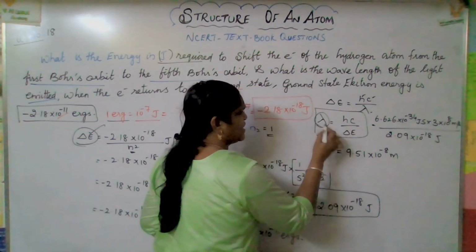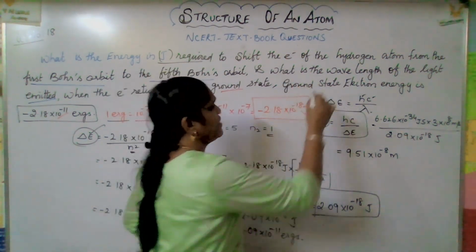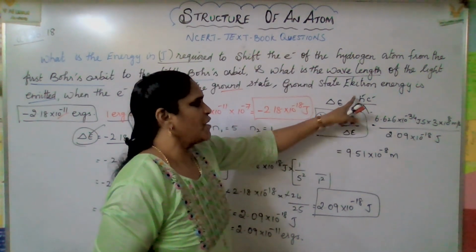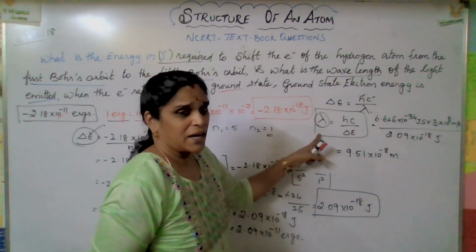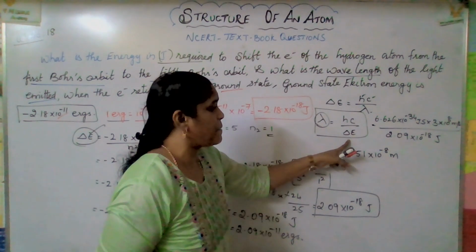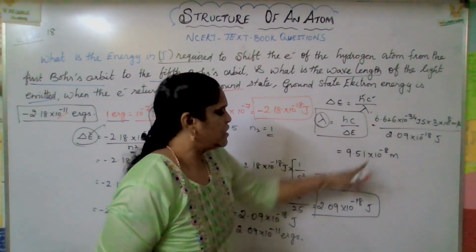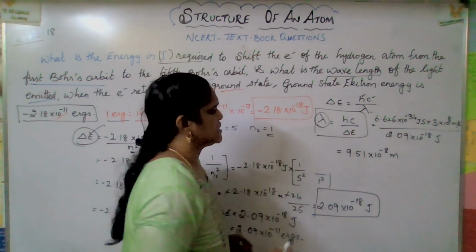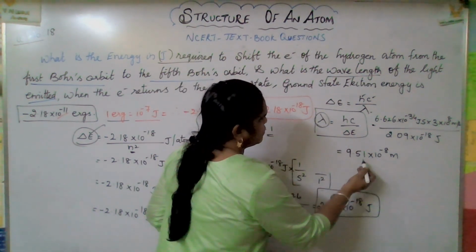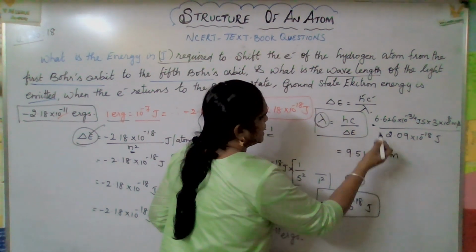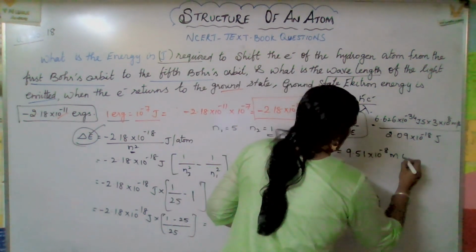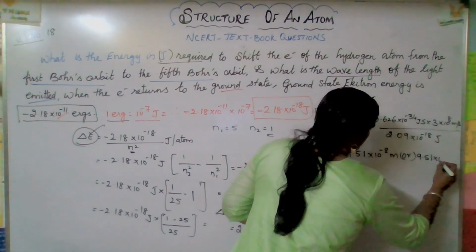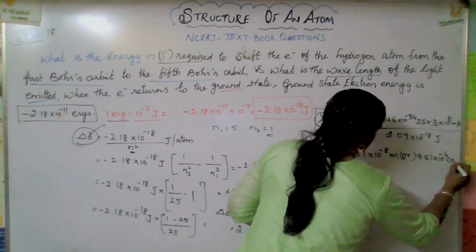Because it's a wavelength, they are asking what is the wavelength. That's why I bring this formula: delta E equal to hc by lambda. Now lambda only they are asking. So lambda is equal to hc by delta E. You just bring it here. The delta E value you are just applying and you are receiving this. So 9.51 into 10 to the power of minus 8 meter, or 9.51 into 10 to the power of minus 6 centimeter,